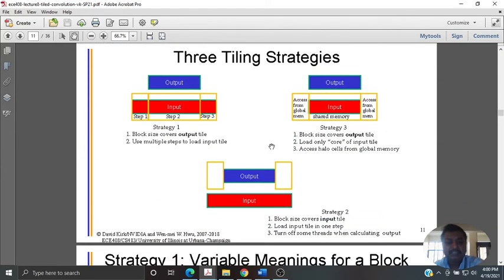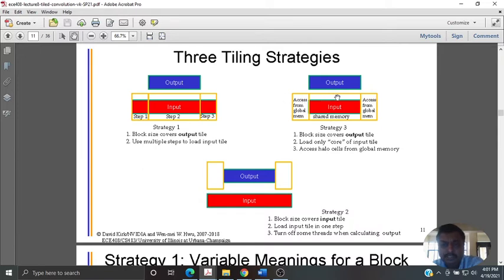So there are three tiling strategies, as we have stated. Whenever you are choosing an input tile, the input tile can be large enough so that it covers the output, and there are some halo elements. Step 1 and step 3 are halo elements, so there are multiple steps to load the input tiles. In step 1, you load the halo elements, then the entire output, whatever overlaps, is loaded. In step 3, again you load the halo elements at the other end, left and right. That is one approach. The other approach is